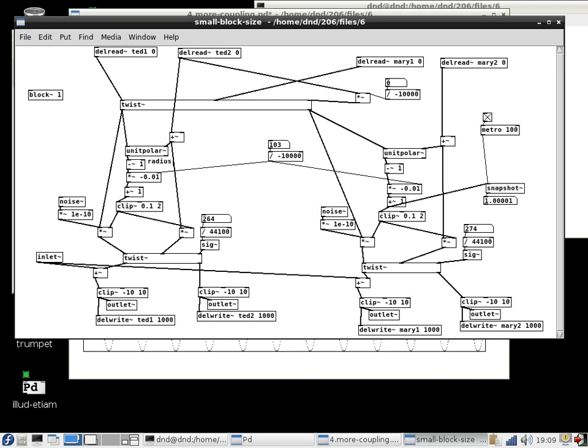So what I'm going to do is get rid of unit polar, because it's no longer suitable for doing this. And the other problem I'm having now is that it seems it would have been a lot cleaner to do this before I do the twisting, but sorry, it's just going to be what it is. Okay. So now, rather than use unit polar, I'm just going to do